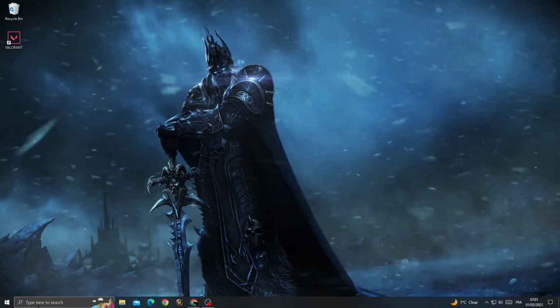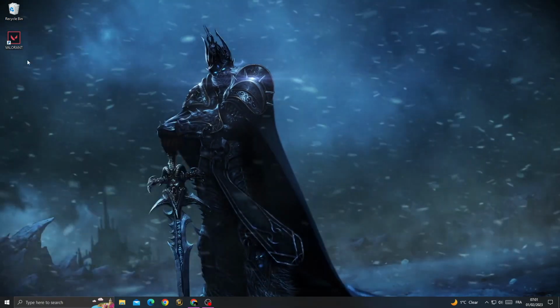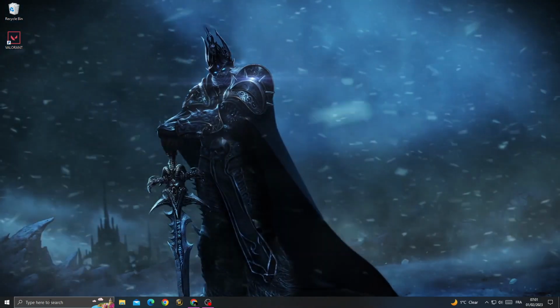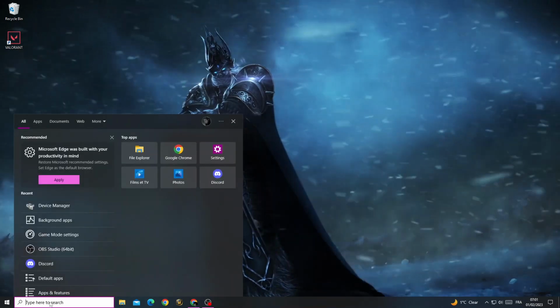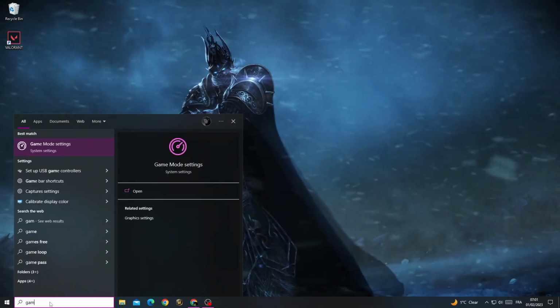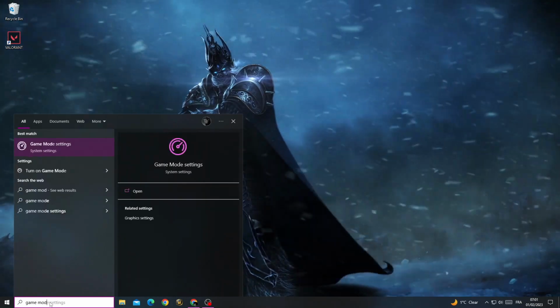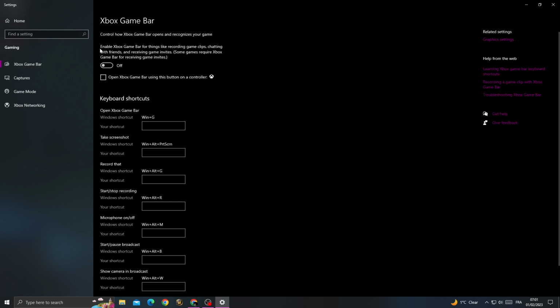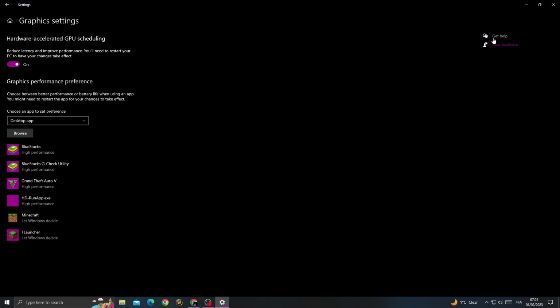Now just restart your PC and try to launch it again, and if that doesn't fix your problem, just type here game mode, and once you're here, enable game mode and disable Xbox game bar, and then go to graphics settings, and here